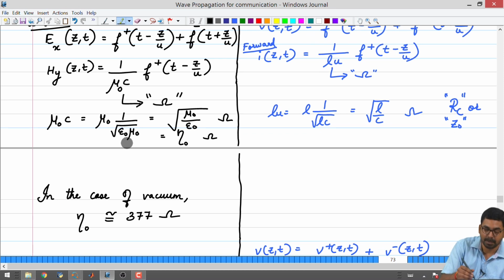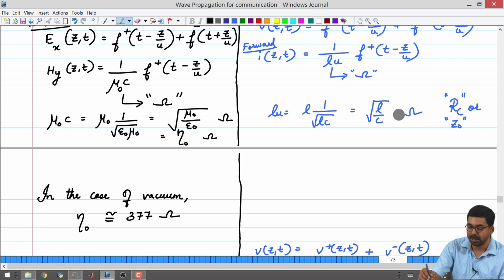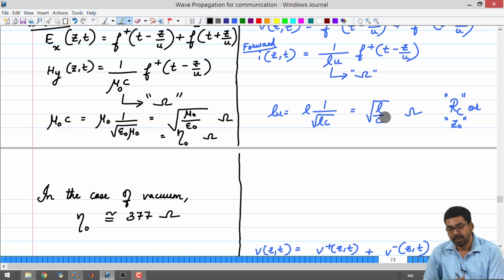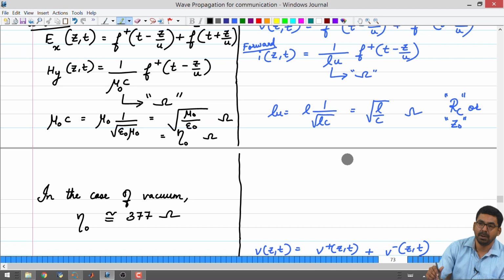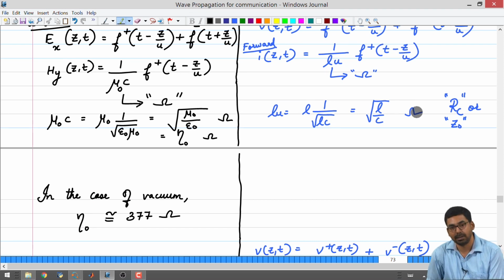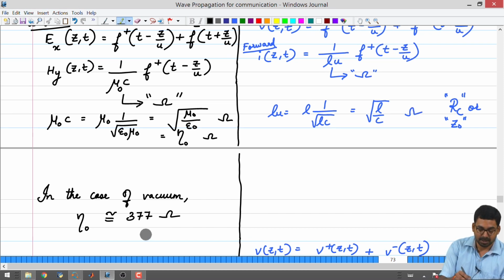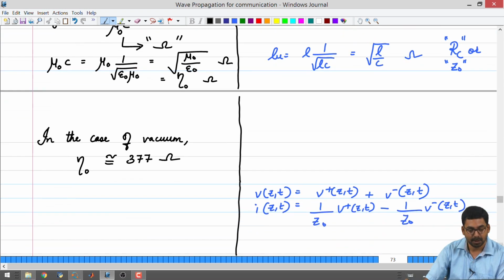So, it is mu naught divided by square root epsilon naught mu naught, and you get square root of mu naught by epsilon naught, and the equivalent in the transmission line was considered to be square root of L by C. One of the things that I have noticed is when we ask for the calculation of the impedance, the students immediately figure out that they have to take the forward voltage divided by the forward current V plus divided by I plus, and then they will be able to figure out what is the value of the characteristic impedance.